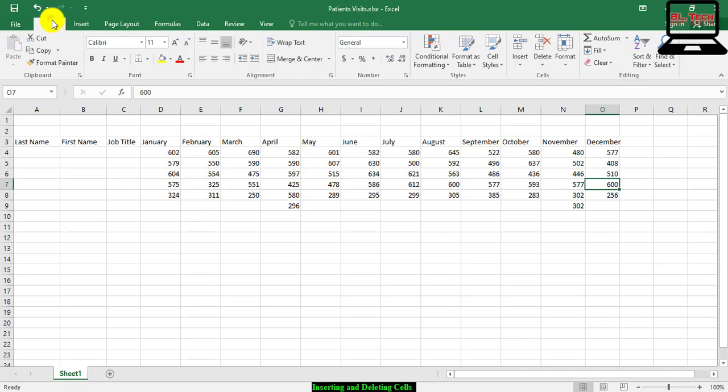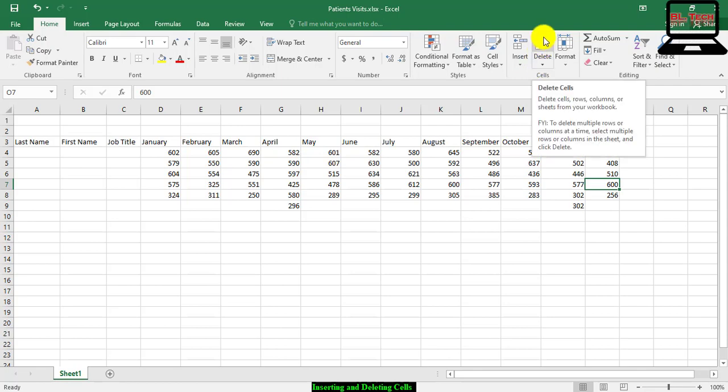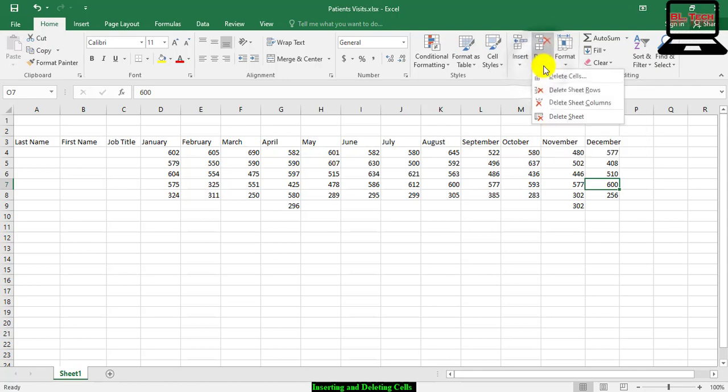On the Home tab, in the Cells group, here is the Cells group, click the Delete button arrow, and then select Delete Cells.